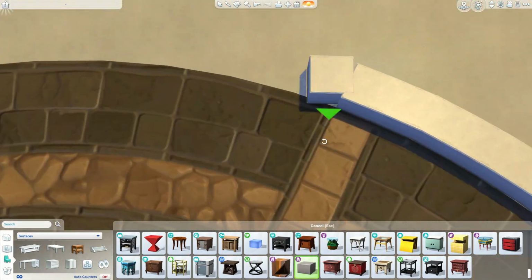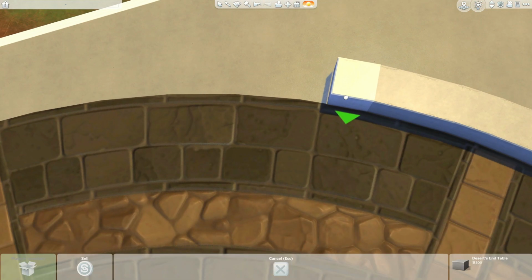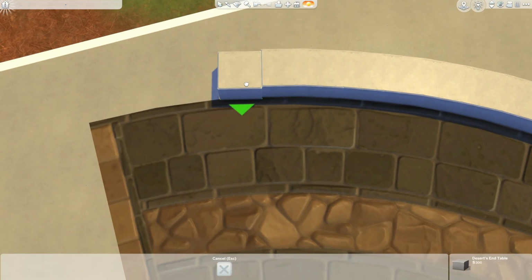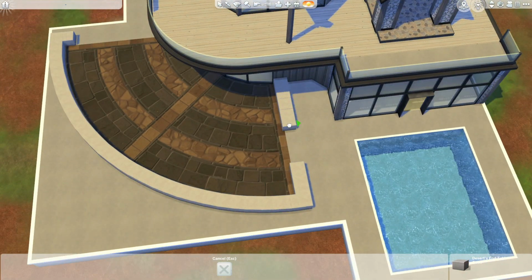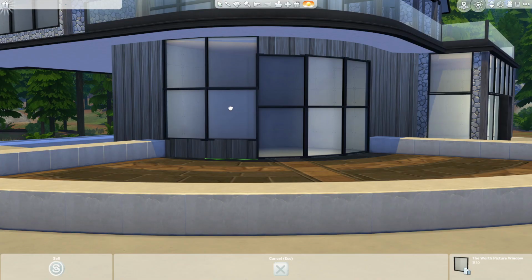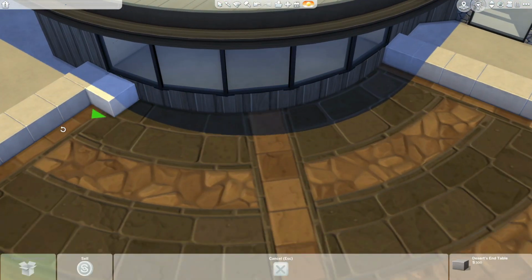And here I'm working on the curved pool, the round pool. I've used this rug here from Journey to Batu, and I really love to use this rug as a guideline because it has a nice shape. And sometimes I'm just using a part of the rug to have a nice guideline. Sometimes I'm sizing it up or down. Sometimes I'm combining multiple of them. But here in this case, this rug perfectly fit